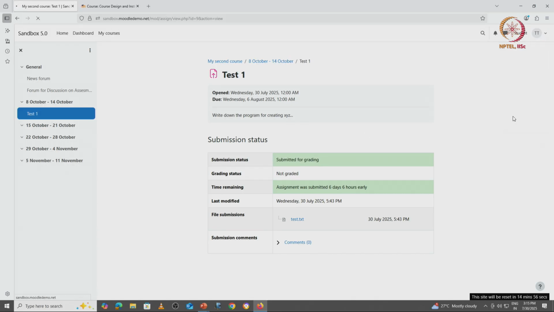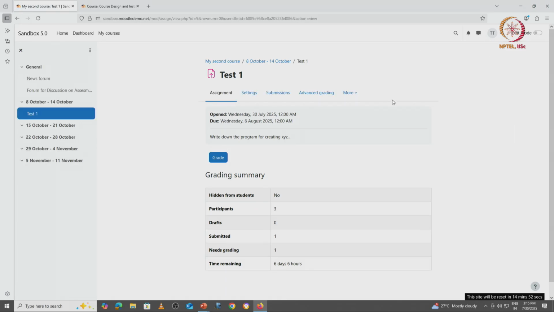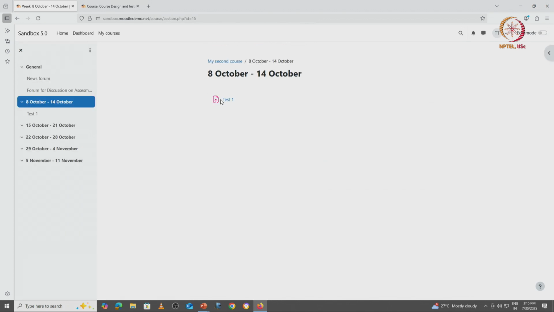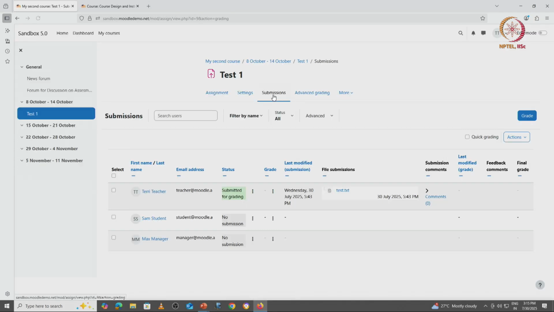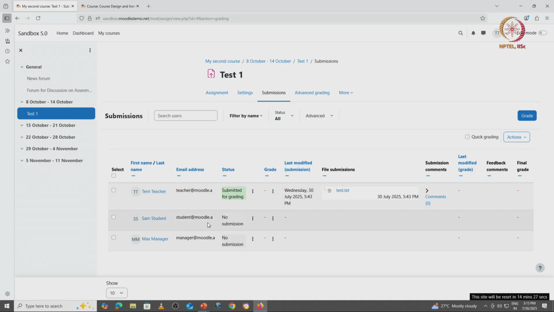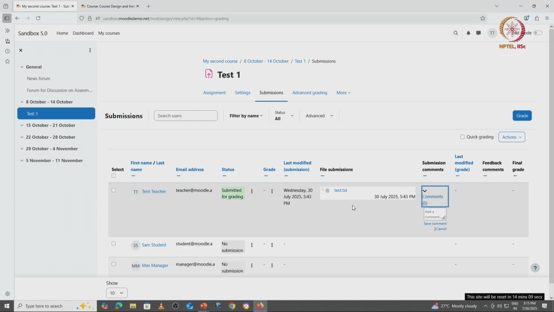Now, let me come back to the teacher role and see, let me go back here and click on this. So, if I click on this submissions, I will be able to see who are all the students submitted, and here the status column show that submitted for grading, and this particular student has not submitted. Okay. And these are the files which have been uploaded, and final grading, you can go here,